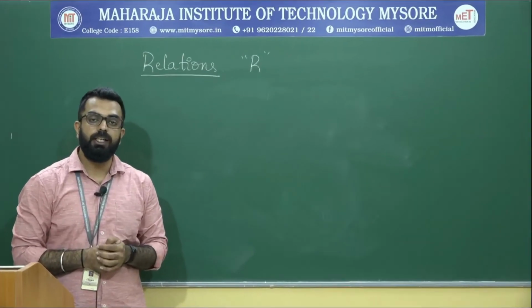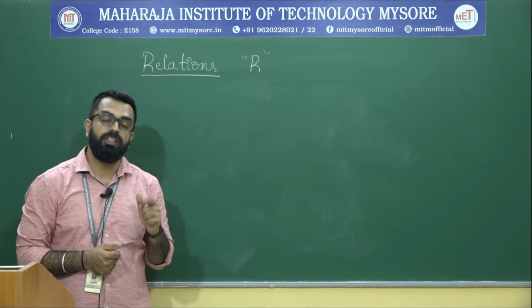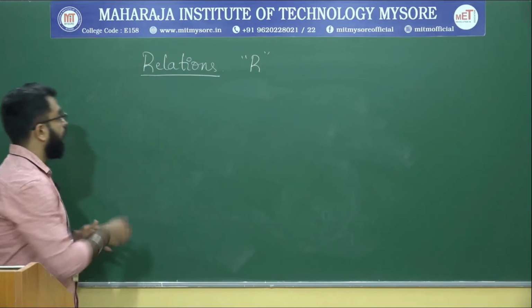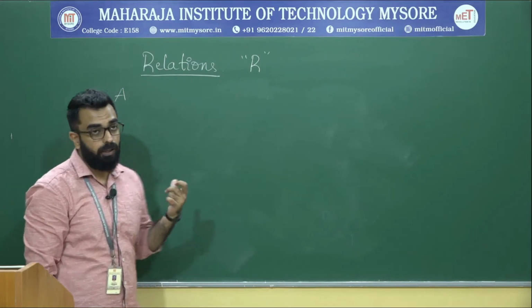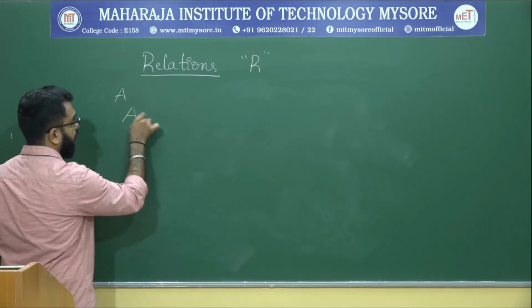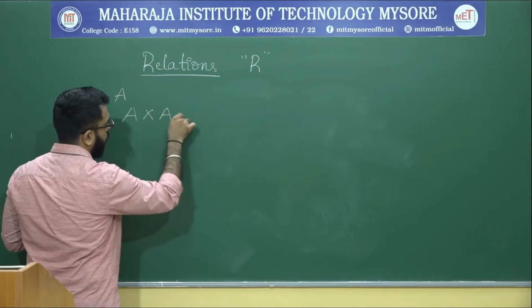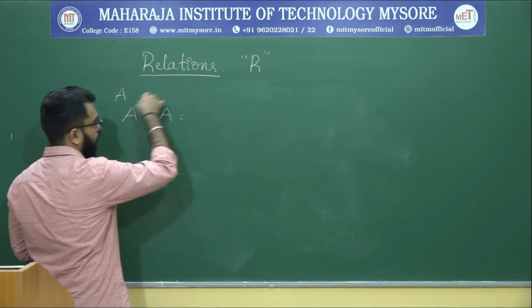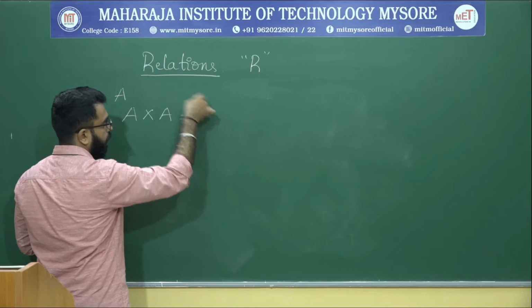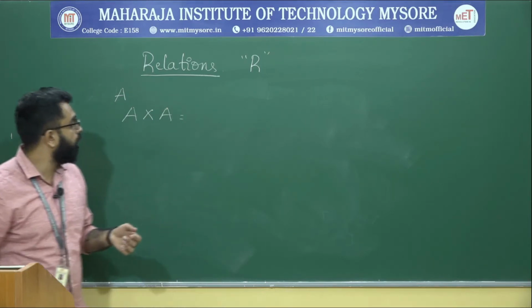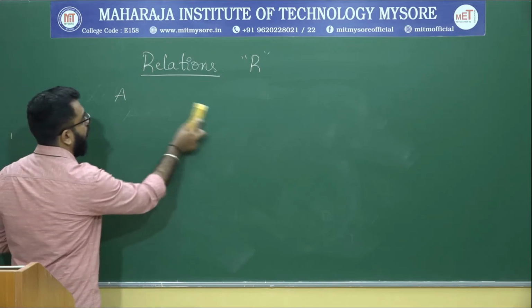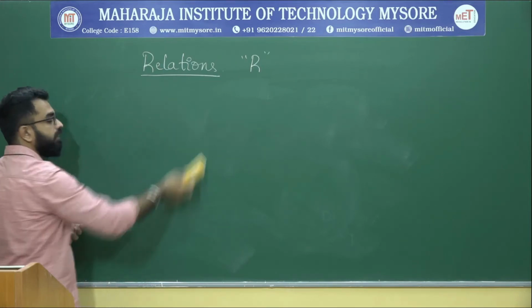Like we have already discussed, we can write a Cartesian product on a single set also. For example, I have a set A. Now if I ask you to write a Cartesian product on this, we know that we can write A cross A, and it will be the ordered pairs where a belongs to set A and b also belongs to set A itself. So similarly, we can also have a relation defined on a single set.